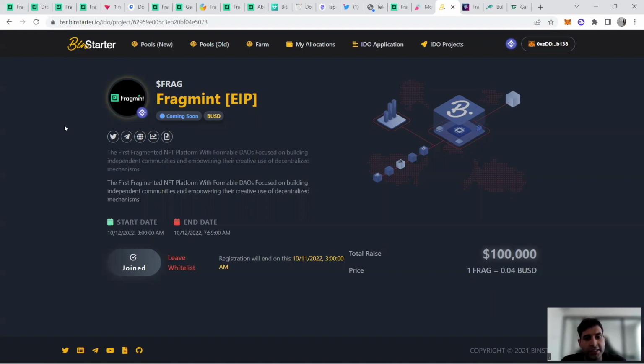on Binstarter. Whitelist is now open. You can register for the whitelist if you're holding the tokens for Binstarter. They also have a small Gleam campaign available, so I can share that as well, to participate in their sale. The start date is now for joining the whitelist. Registration ends on the 10th of October, in 2 days. Sale starts on the 10th of October and ends on the 11th of October. So keep your calendars for the 10th and 11th of October, because that's when the public sale is happening on Fragmint.